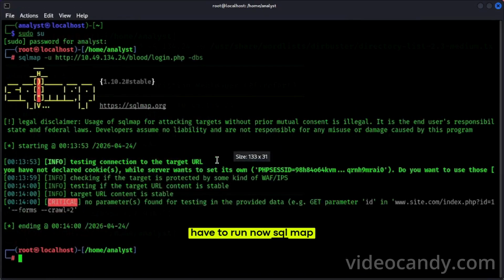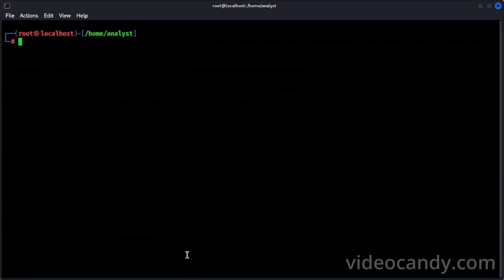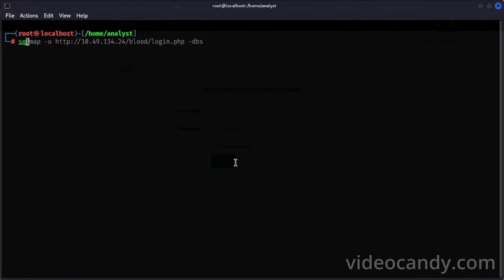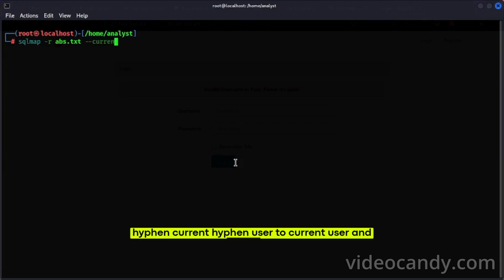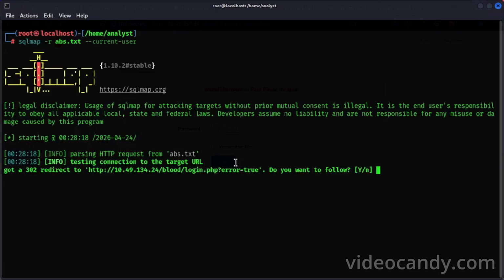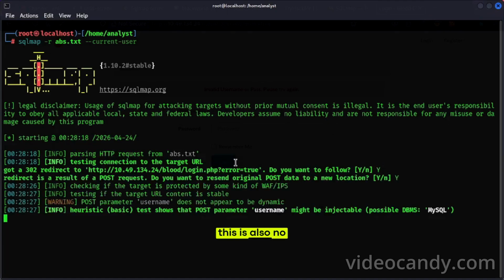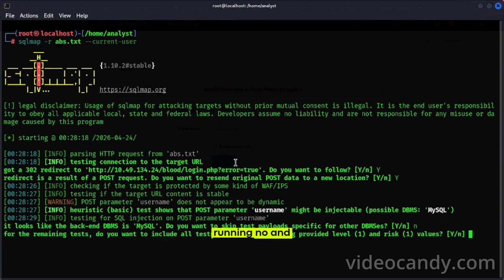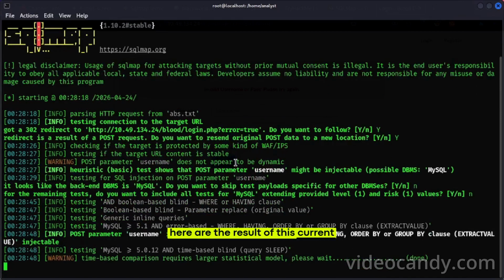And we have to run SQLmap now: sqlmap -r abs.txt --current-user to get the current user, and yes, and yes, and this is also no, and the remaining no. And here is the result of the current user, and the POST parameter is injectable.